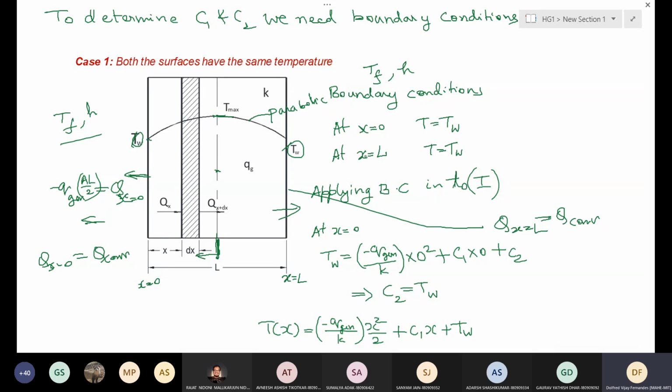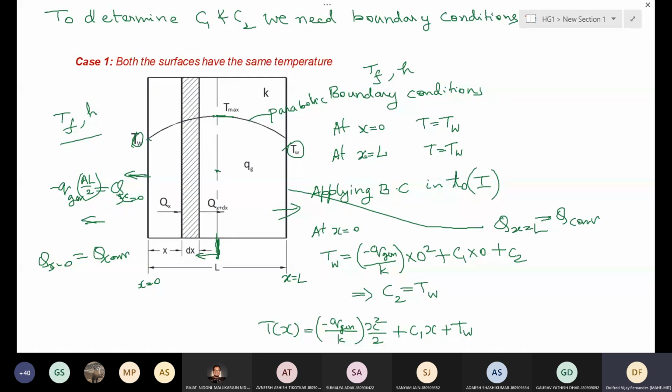So the moment there is no heat generation, what will happen? If the heat generation stops, then is there any heat transfer? No heat transfer. Everywhere inside the wall there is the same temperature, which is the same as the fluid temperature also.